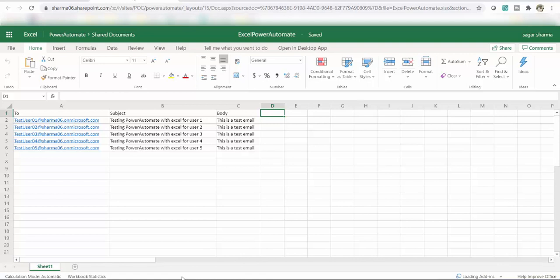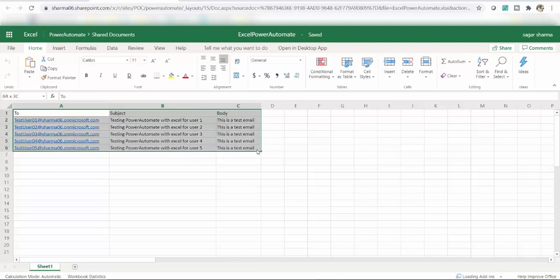Now to start, first of all, I want to convert this Excel into table format. This is an important step, guys, because a flow accepts the Excel in the form of a table only. So I will format it as a table. To do that, I will click on it and say format as table. I will select these three columns I have, and now I will say format as table.